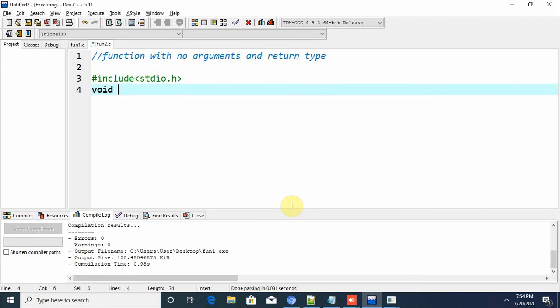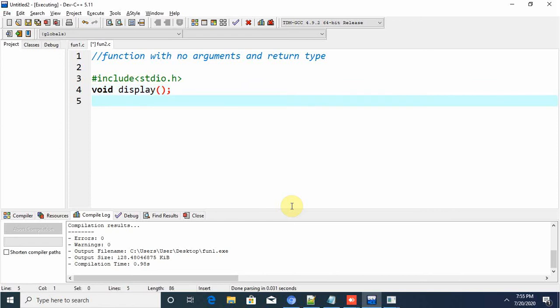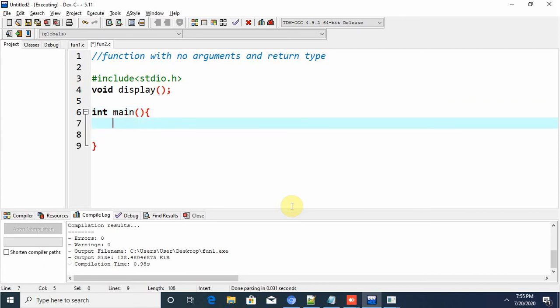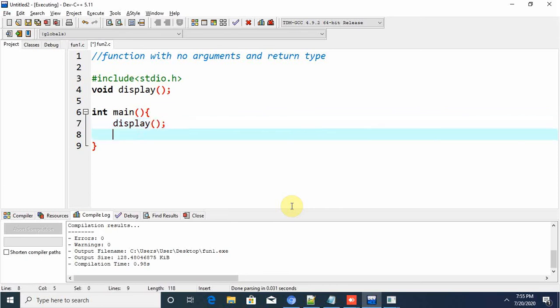Simply I'm just using void display of. Here, space, display of.